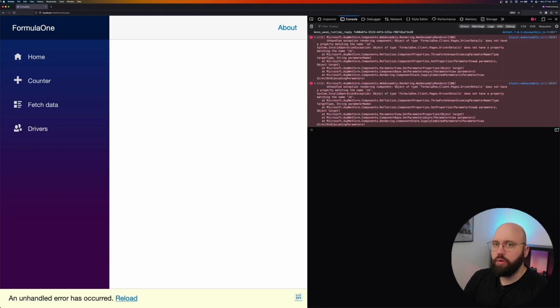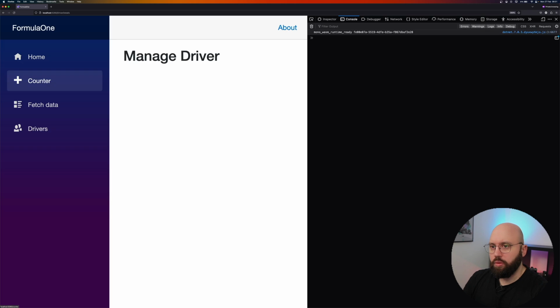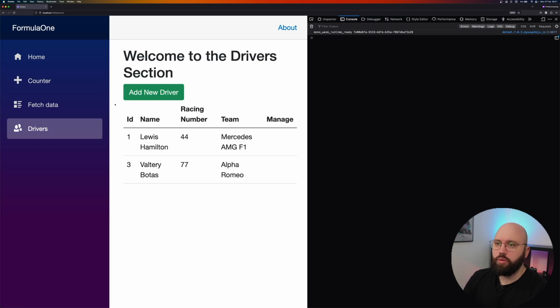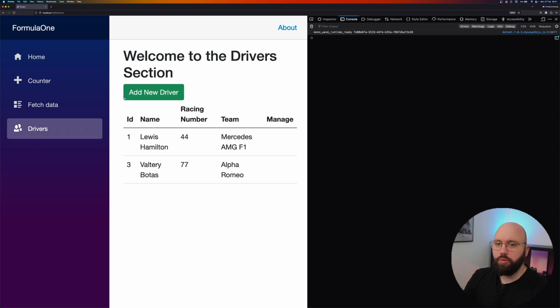.NET run, and now it works. So here we can see all of the drivers, and add a new driver, we can see manage driver. Perfect. So now that our linking is working and we can see that we have a new page,